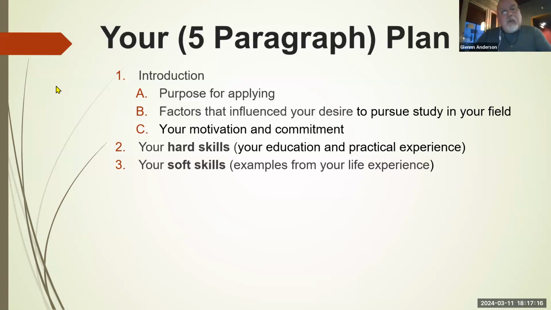Soft skills are your ability to communicate, your ability to work well in a team, your ability to be a leader of that team. It's all the personality things that allow you to be successful. We sort of take them for granted and think, well, of course everybody has this ability, but they do not. And those abilities are what set you apart from other applicants.